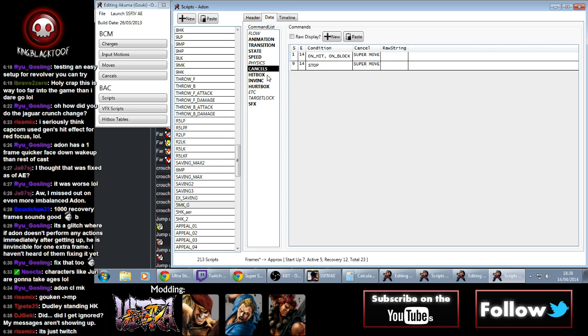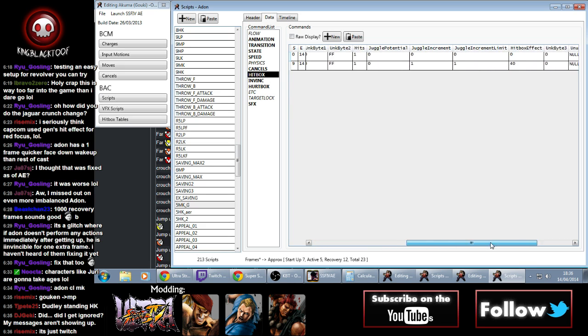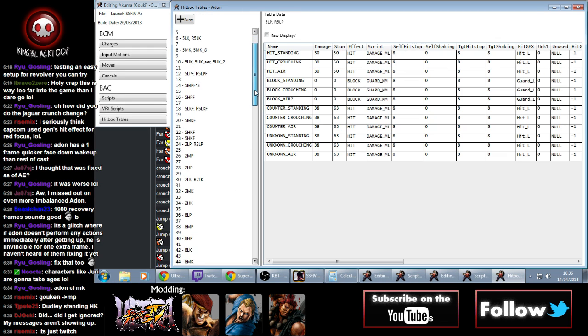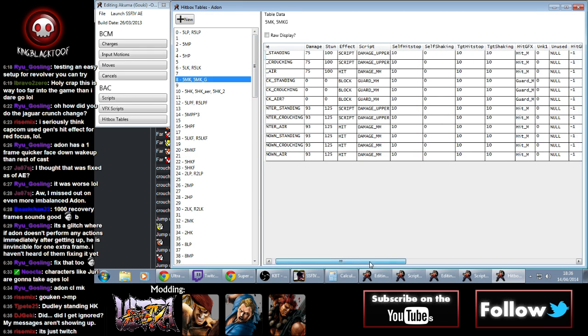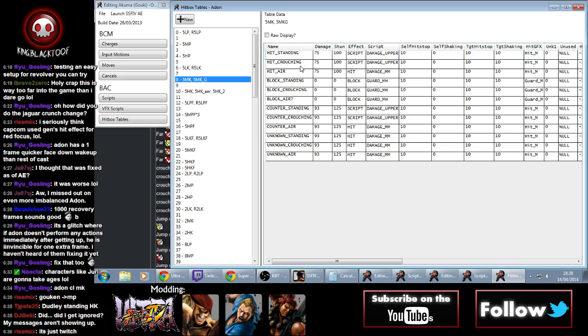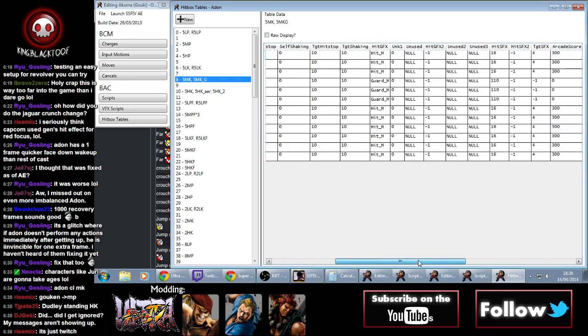So, hitbox, I think, to be honest, it's 5 to number 8. I think it's going to be the hitbox. Hitbox table. Number 8, this one. I've got the feeling it's going to be damage upper. I think that's it. Although it wouldn't necessarily need to be on standing, would it? But